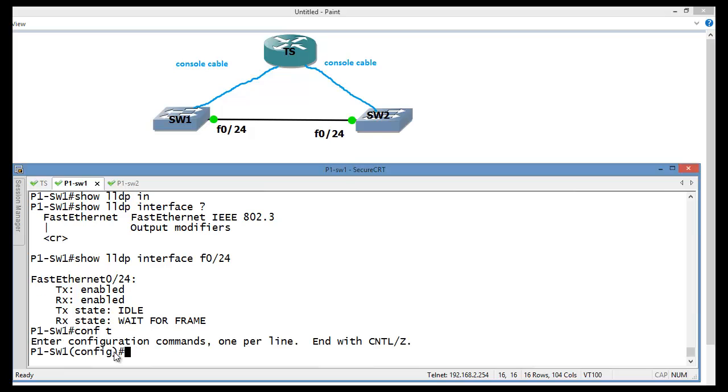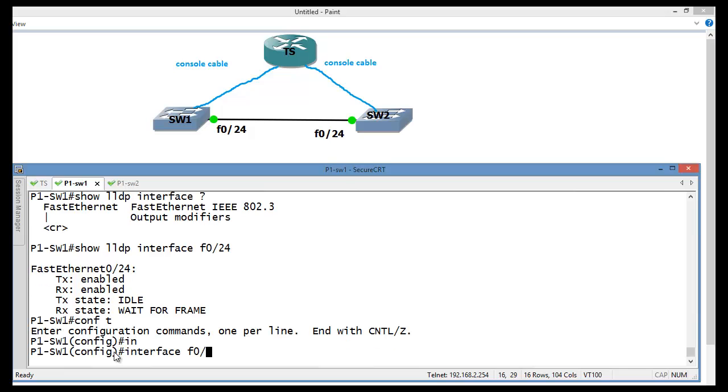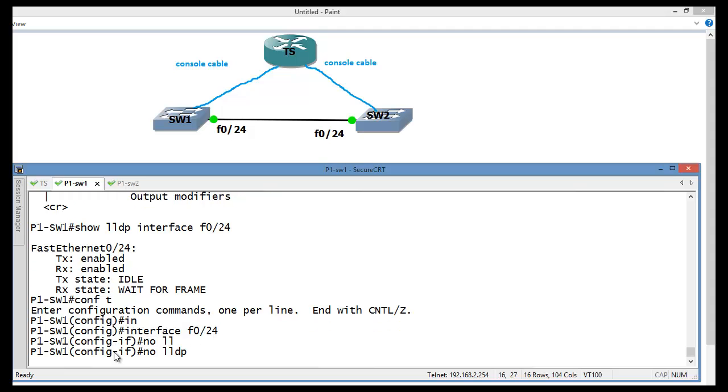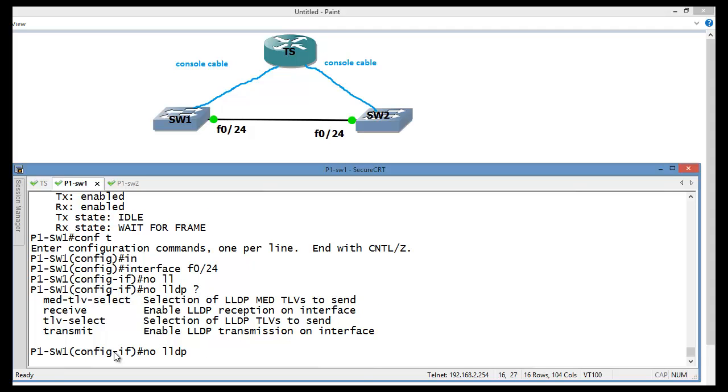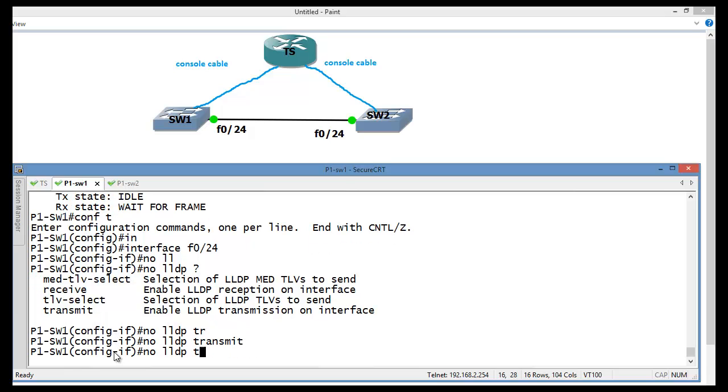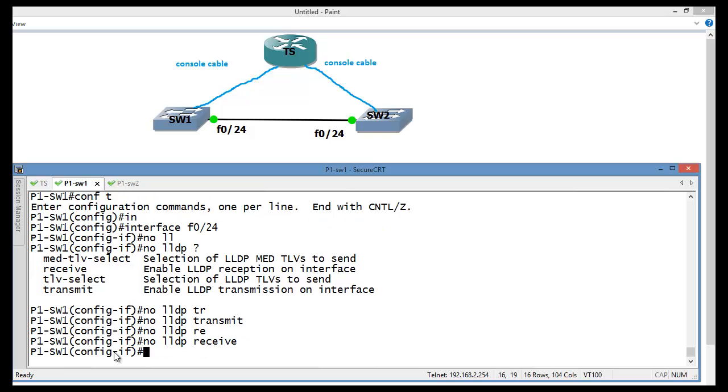What happens if you'd like to disable it on a particular interface? So no LLDP transmit, and this is different, as well as receive. You need to execute 2 commands, unlike CDP with no CDP run: no LLDP transmit, no LLDP receive.